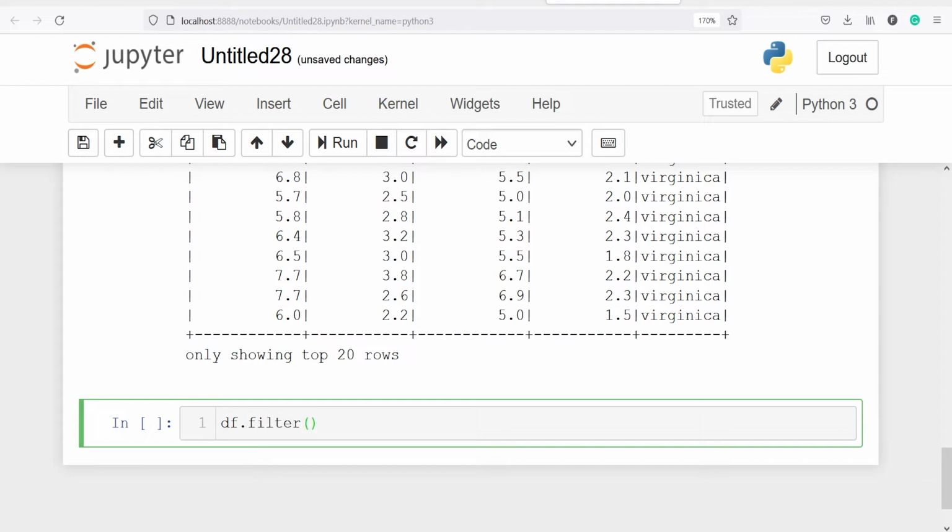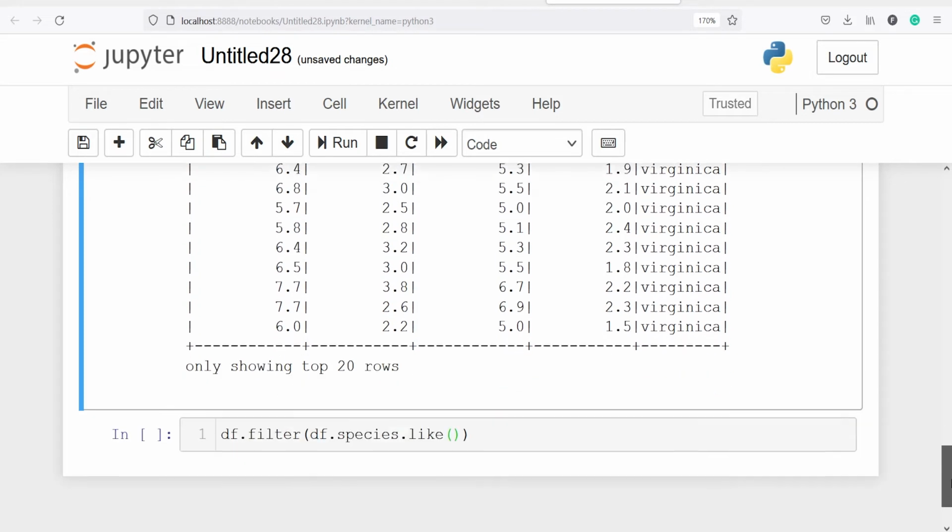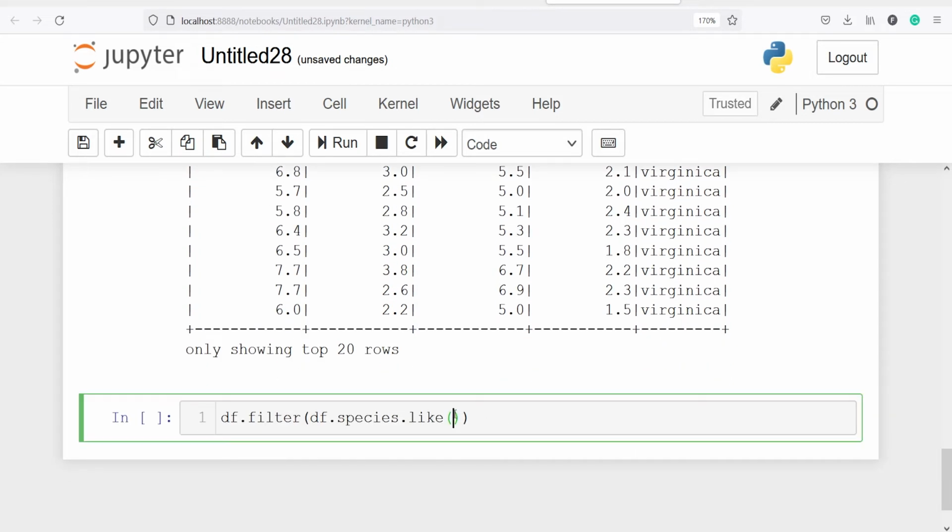Then I will write the column name df.species, and then I will use the method like, and inside this I will pass some word. For example, in this category Virginica, we have the spelling VIRGINICA. I'll just pass these first three alphabets, and then we will see if we are getting the match or not.